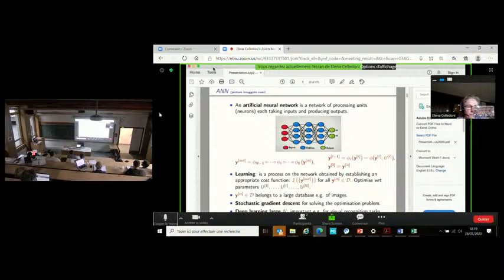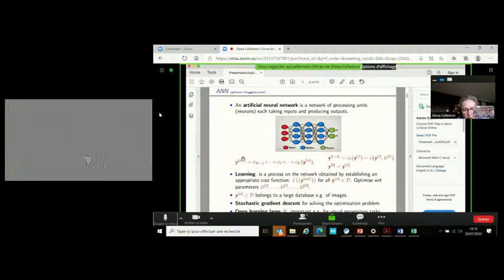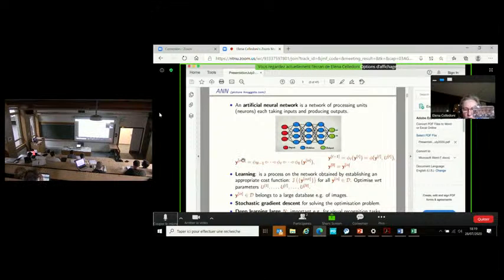Okay, what is learning? Learning is a process where we impose a cost function on the network. Typically, this cost function depends only on the output of the network, and not on the preceding values.